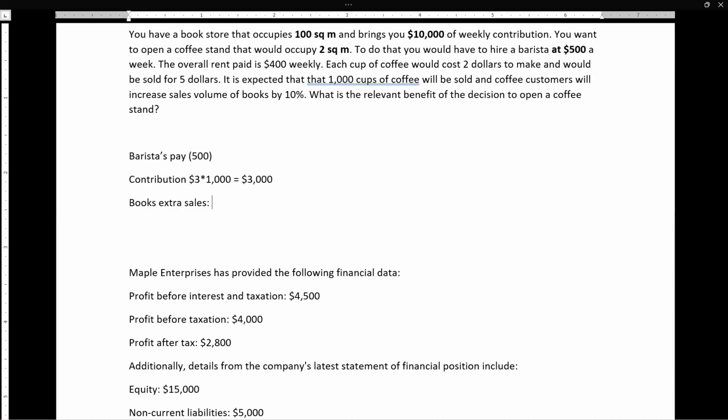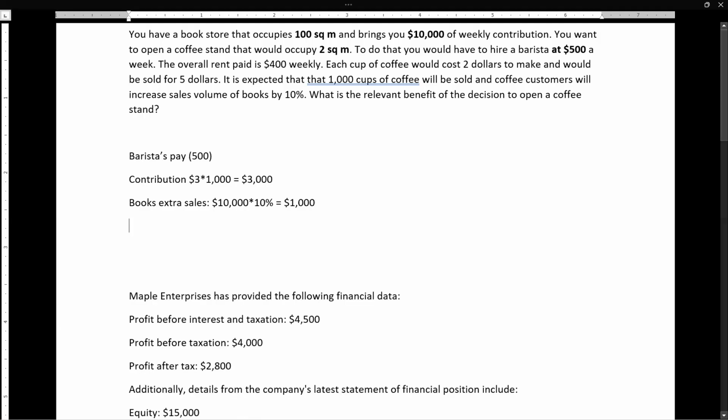But in this case, when we're told that it brings us 10,000 weekly of contribution, we just take 10,000 and multiply it by 10%. So it's 1,000 more. And this means the relevant benefit of this decision would be 4,000 minus 500. So that is 3,500